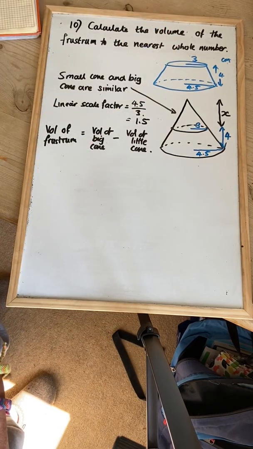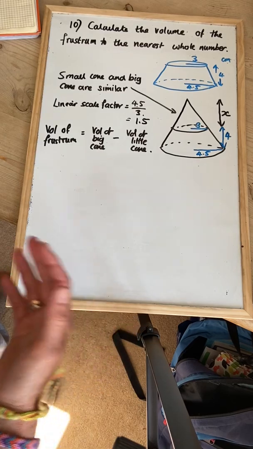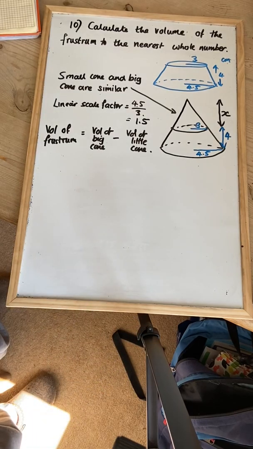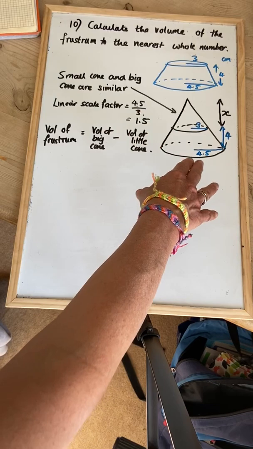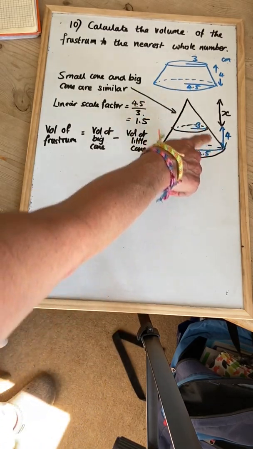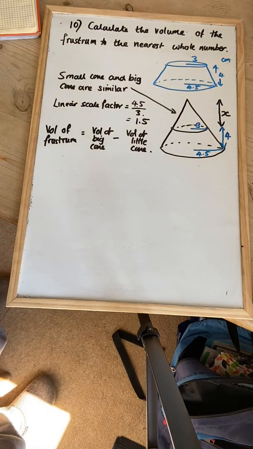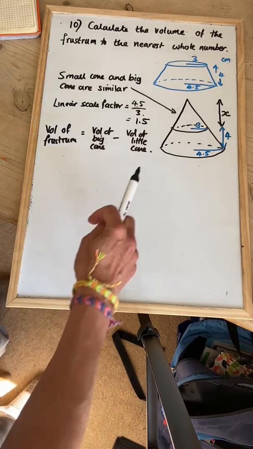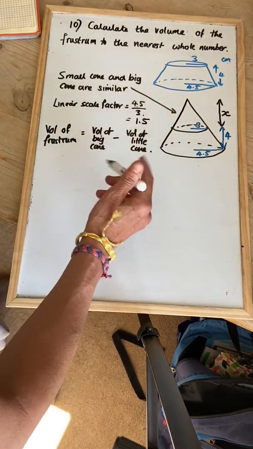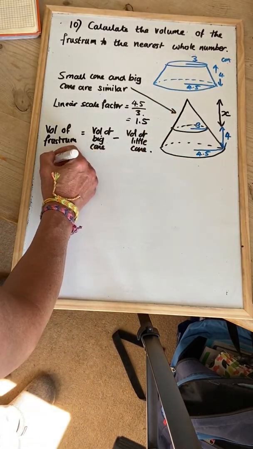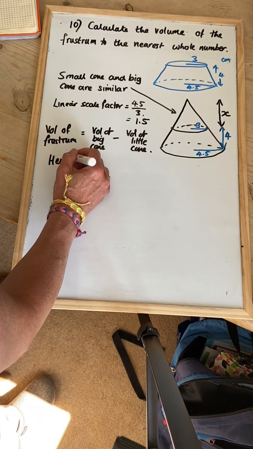And I am going to use what I know about these scale factors to work out what this x is, and thus what the whole height is going to be, okay? So, missing height. So I know that the height of my overall big cone here, so height of cone, height of big cone, I should write,